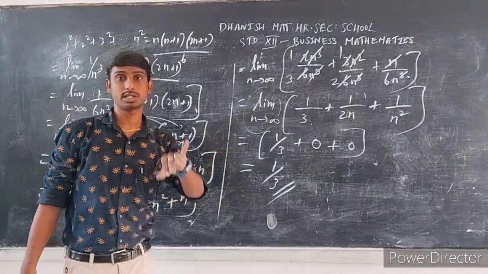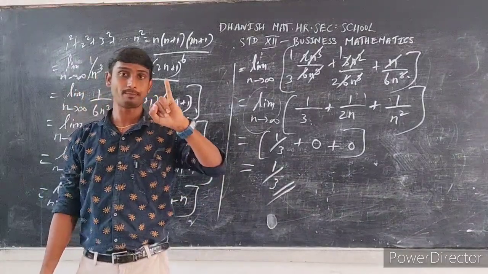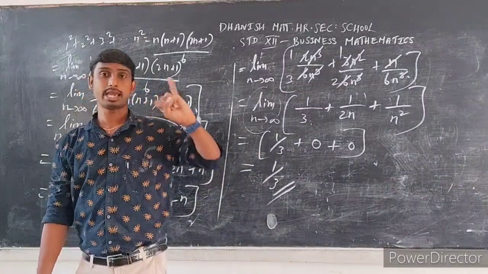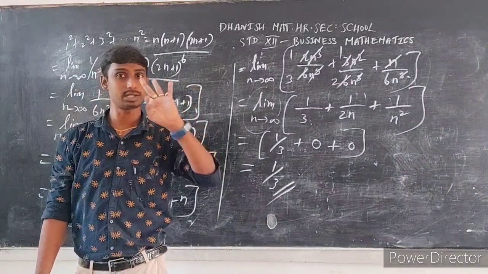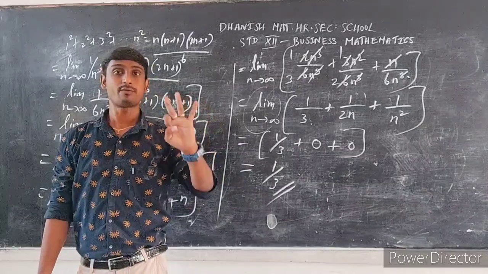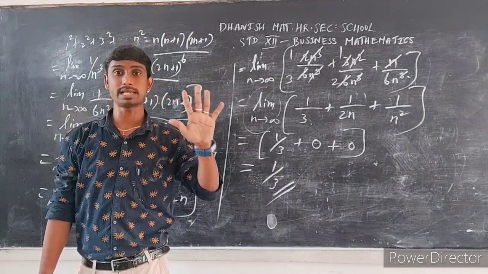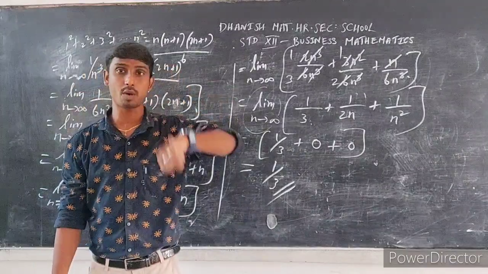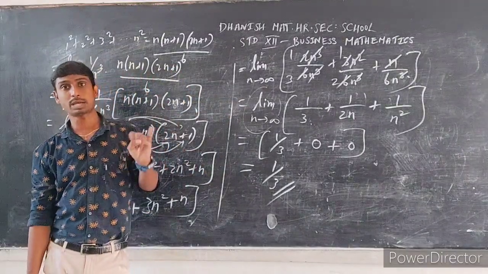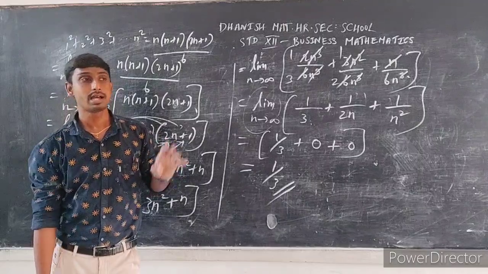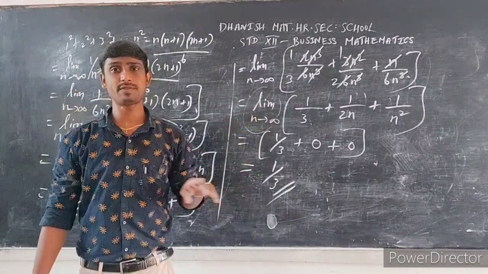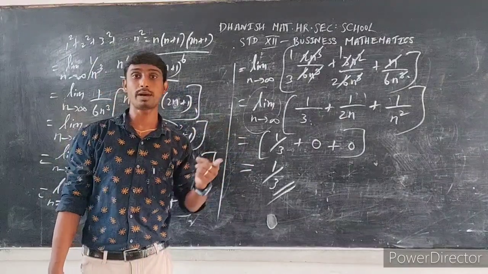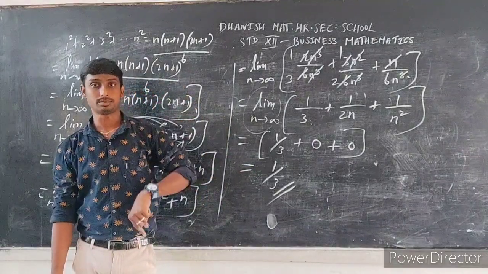What is the procedure? First we are going to write the formula. So the second step, we are going to find out the given data: a value, b value, h value. This is the second step. Okay, so f of x, f of a plus rh, this one is the second step. The third step, we are going to apply into the formula. Substitute, I am going to substitute into the formula. So the next step, first we are going to multiply 1 by n or 2 by n into the two terms.